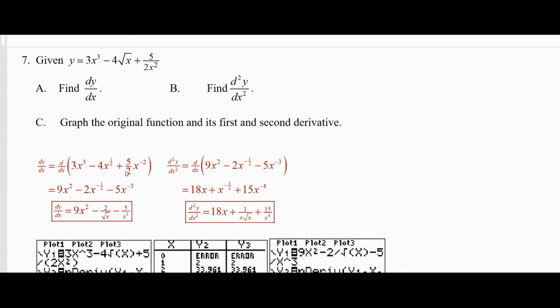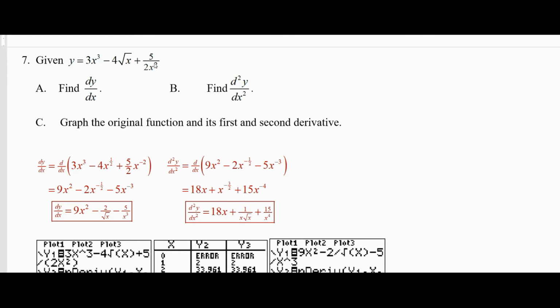So taking the derivative there, which would be dy over dx, you just use the simple rule, take the power times the coefficient and subtract 1 from the power. So that first term becomes 9x squared. The derivative of the second term, 1/2 times negative 4 is negative 2. 1/2 minus 1 is negative 1/2. And then negative 2 times 5/2, that cancels the 2's, and you get negative 5, and the power goes down to negative 3. Now that would be a perfectly legit way to write the final answer of the problem,